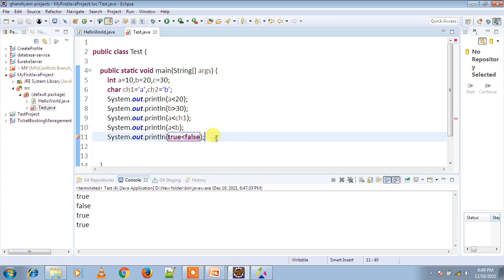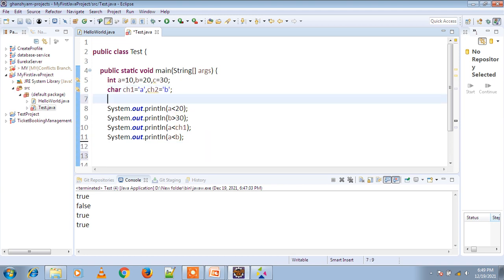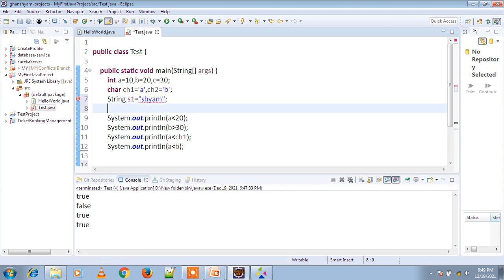Now the next thing is we are defining two string objects, string s1 equal to Syam, string s2 equal to Pawan.